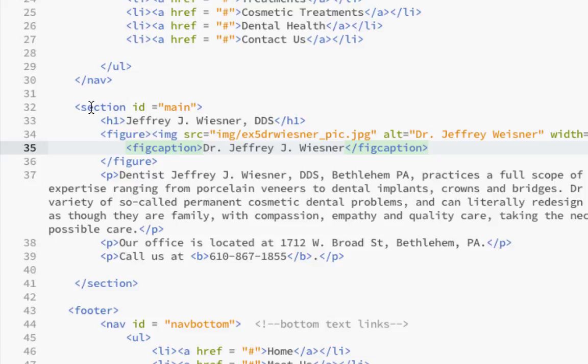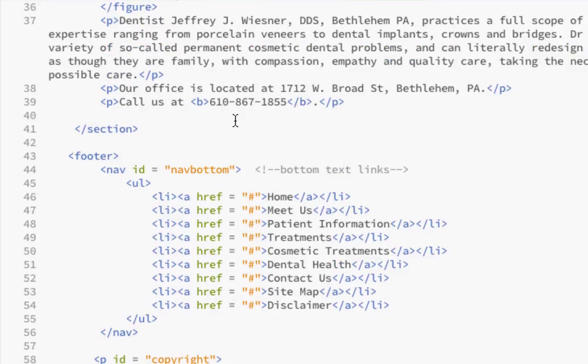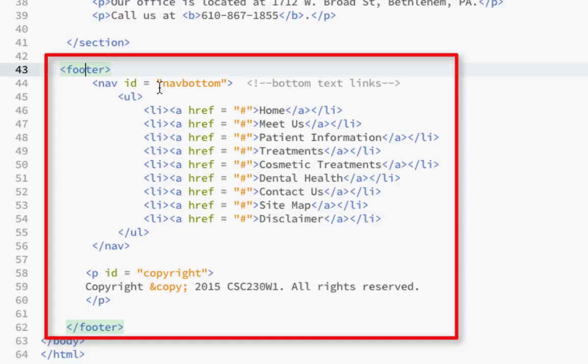And notice it's not just section, it's section with an ID of main, so that if we had different sections on different pages, they could have different names on them. And then moving down, there's one last element we're going to have as footer,